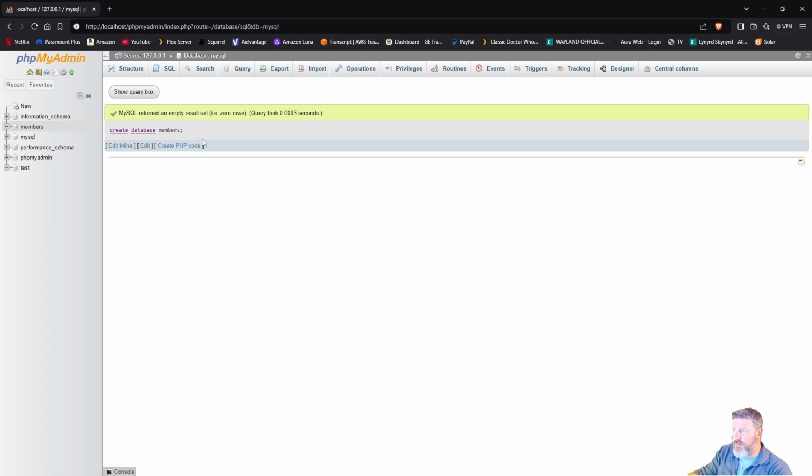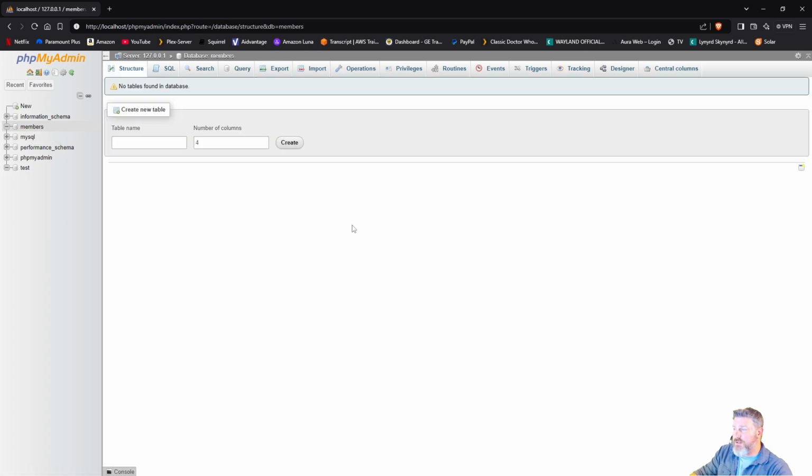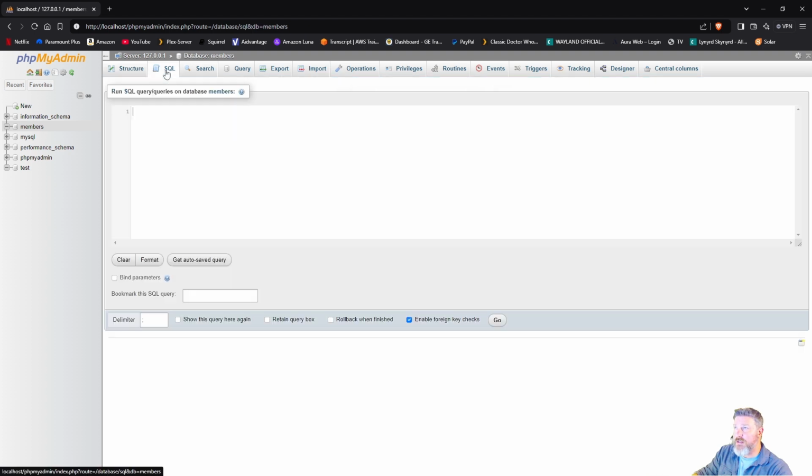Created database members. Okay, did it do it? It did. So you'll see over here, I now have a database called members right there. And there is nothing in it. Now you can create new tables. Yeah, you can go in here, create a table. I don't like doing that, so I'll go back to the SQL and I will say